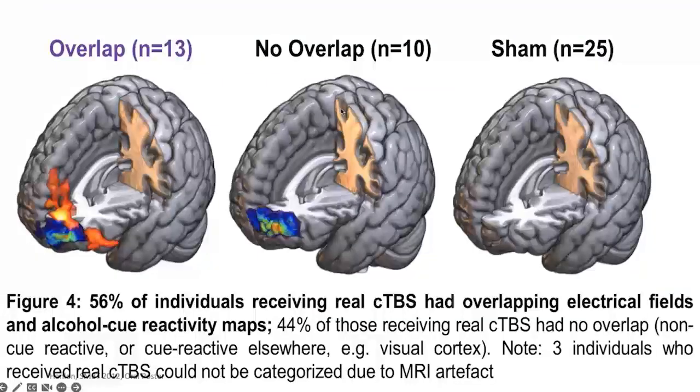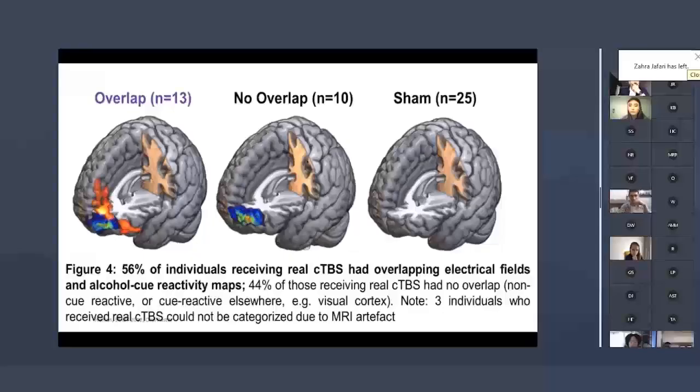And then one last thing, Dan McCallie, who was a student in my lab, he's now a postdoc at Stanford, looked at the data from our biological psychiatry study, and what he saw, he divided people into groups that had either an overlap between the electric field, which is kind of in blue here, and the fMRI brain reactivity, in this case, alcohol cues. So people that had overlap, people that did not have an overlap. In this case, they generally, when they react, their brain turned on to cues. It wasn't in the same place that we were stimulating with TMS and sham.